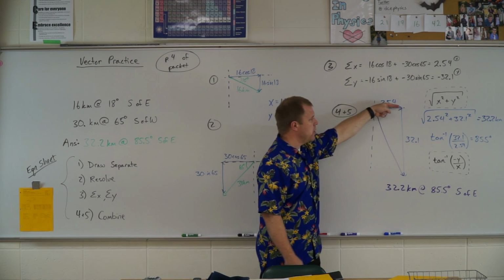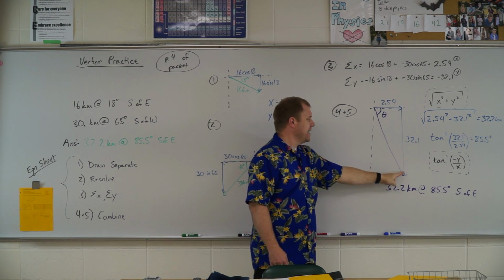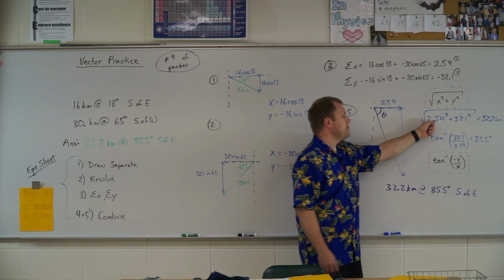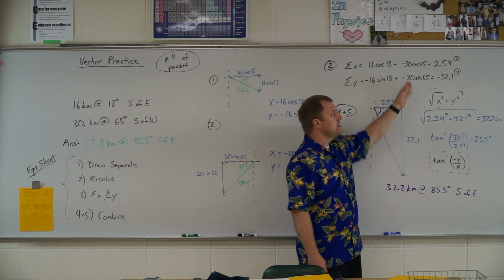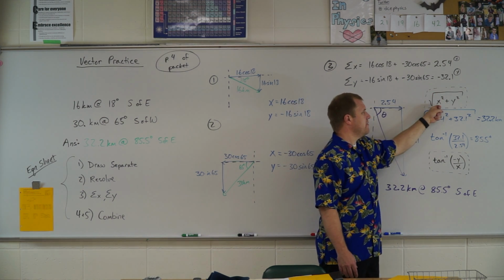So we draw one component, then we draw the other one right off its end. That makes the legs of my right triangle. And so here I need to find the magnitude. To find the magnitude, I got to use Pythagorean theorem. Since you stored those values as x and y, you can just take the square root of x squared plus